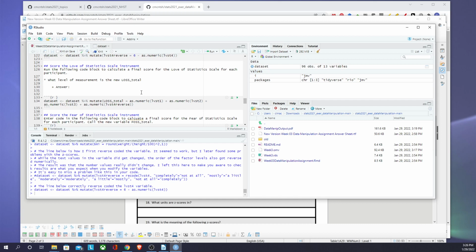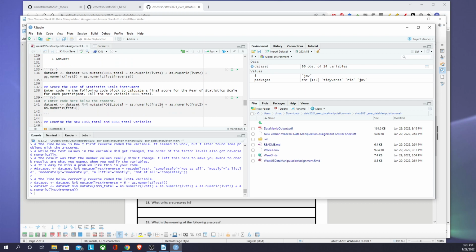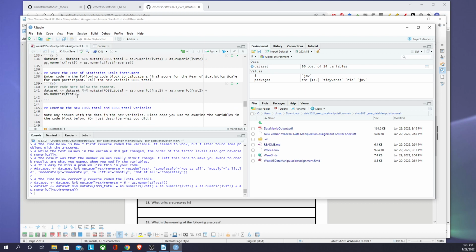So we end up with a final score ranging from 4 to 20, as opposed to averaging it. It's still going to be on the same scale of 1 to 5. So you can kind of choose how you do these things. We're going to see that it actually does not affect the statistics which way you do it. I think we did our reverse coding already, but it doesn't matter if you run it again. And we're going to score our fear of statistics scale,